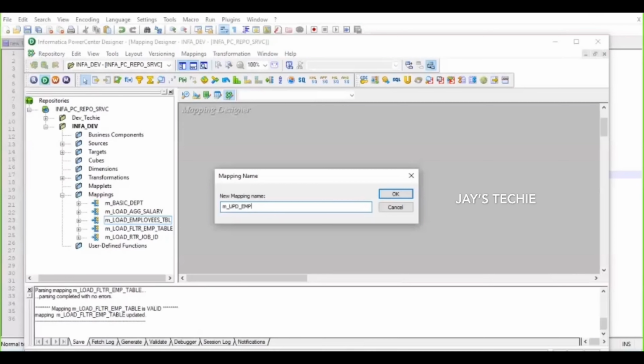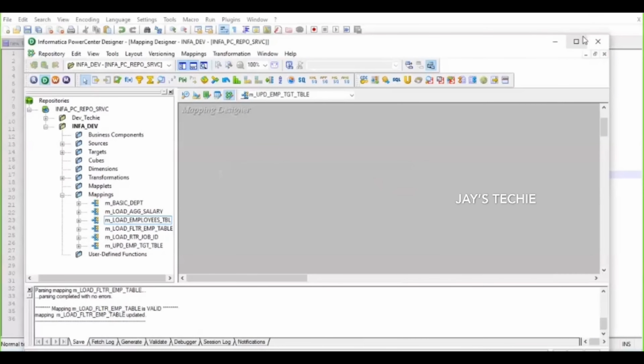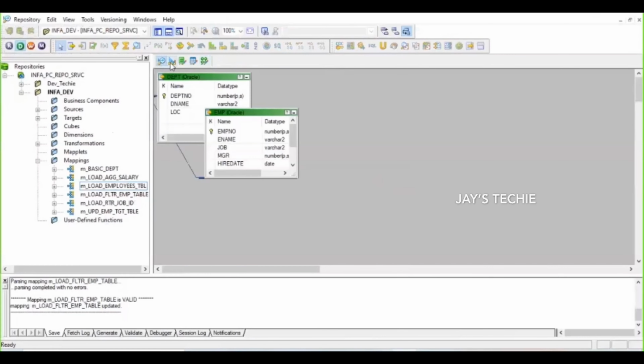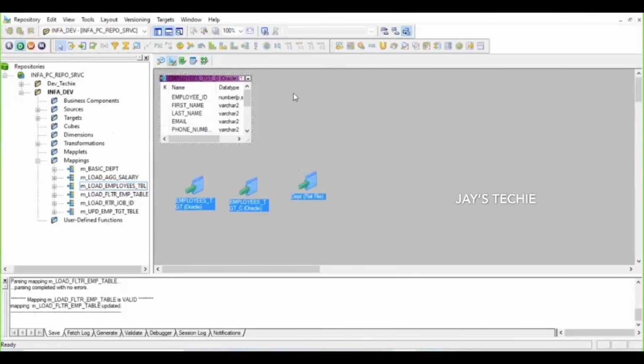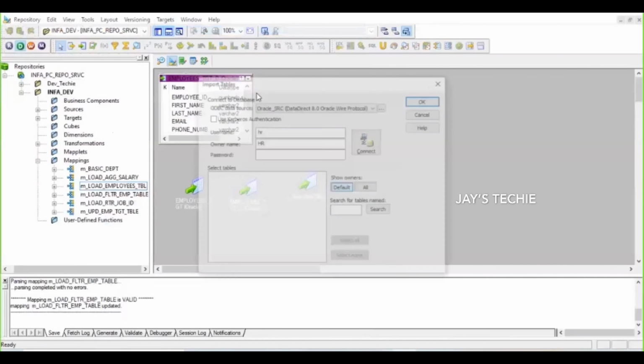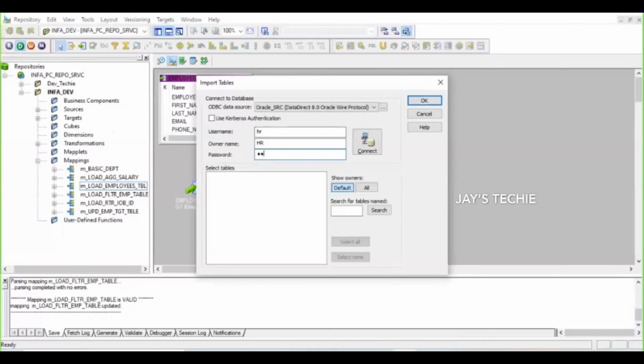We have the employee table over here. Let me import the employee target. So targets, import from database, connect to the HR schema, click connect. It is connected now.